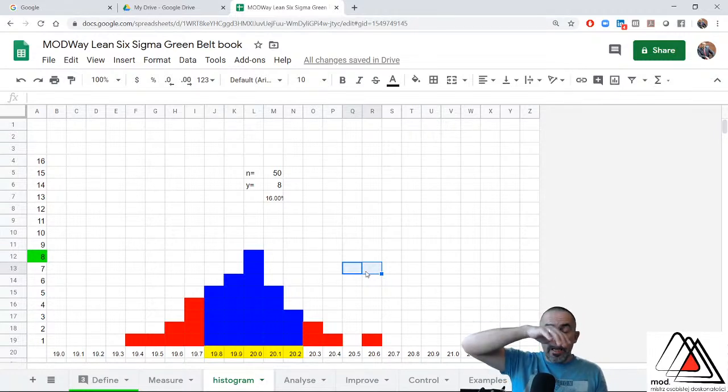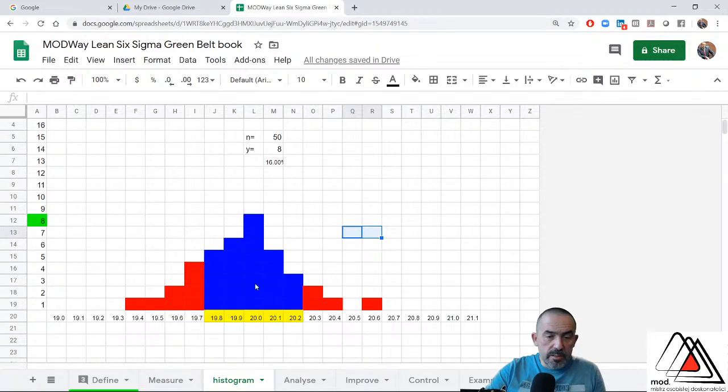And actually the idea and the goal for every project in Lean Six Sigma is to eliminate the potential root causes that are actually caused